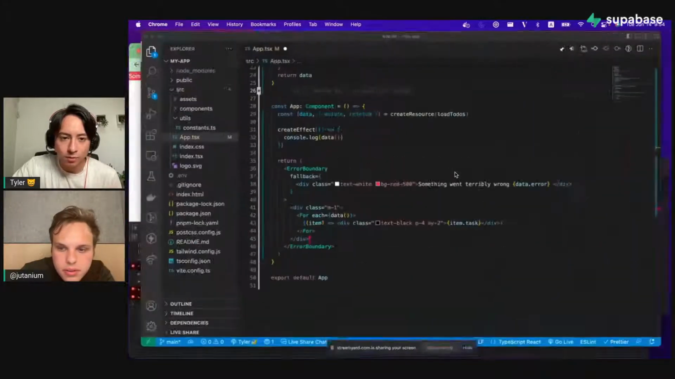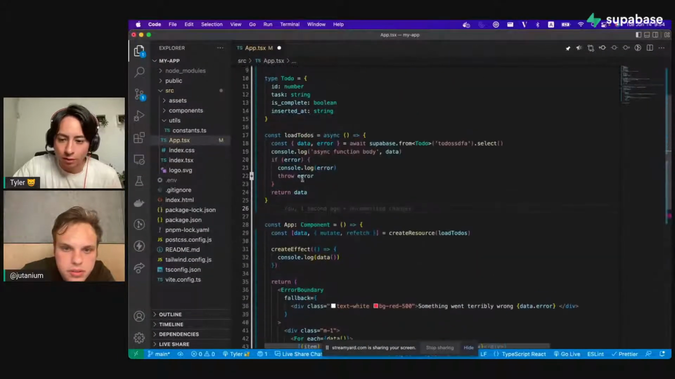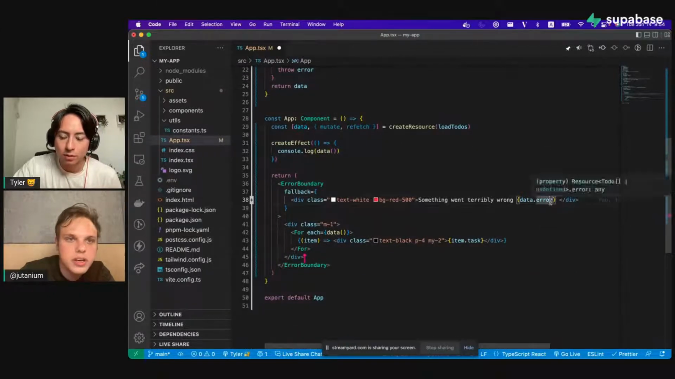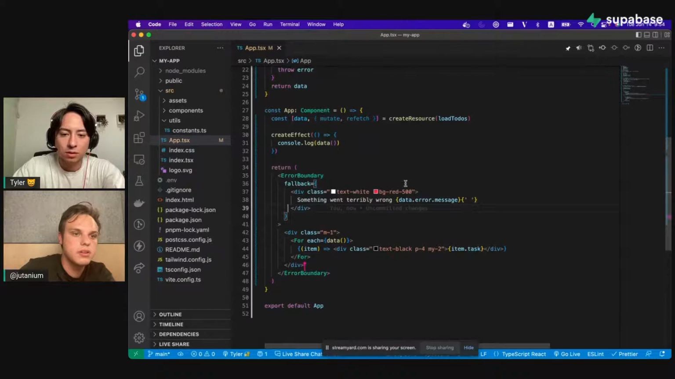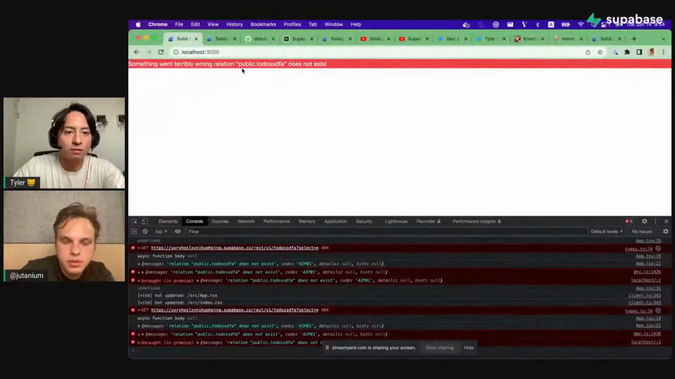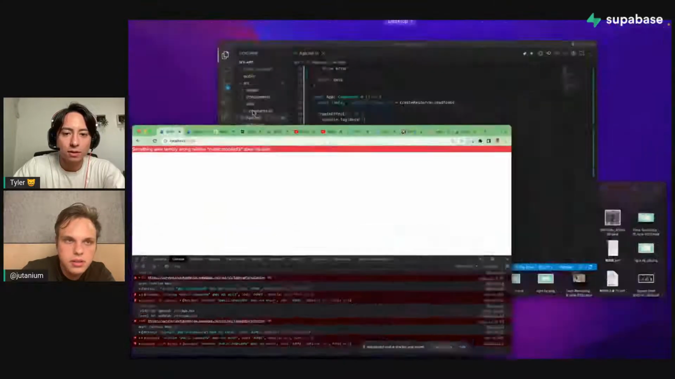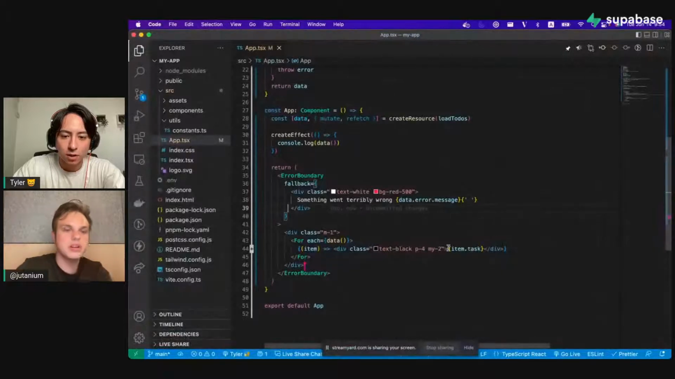Is this error object the error that we threw here? Should be, because create resource. Maybe we have a message. Yeah, we do have a message. Okay, nice. Let's add a... Oh, did it work? Oh, it did work. Okay, yeah, it worked. So let me add a